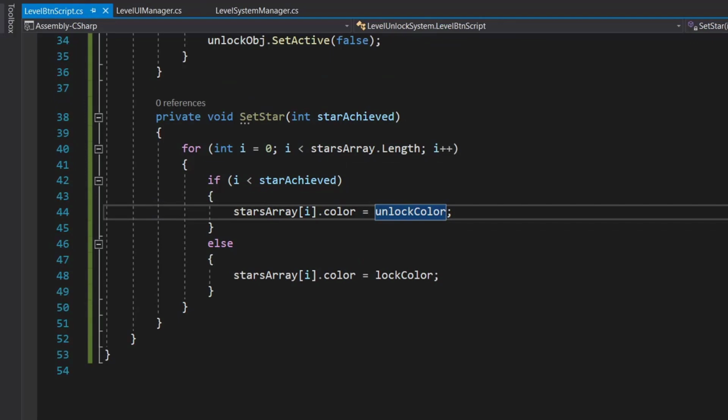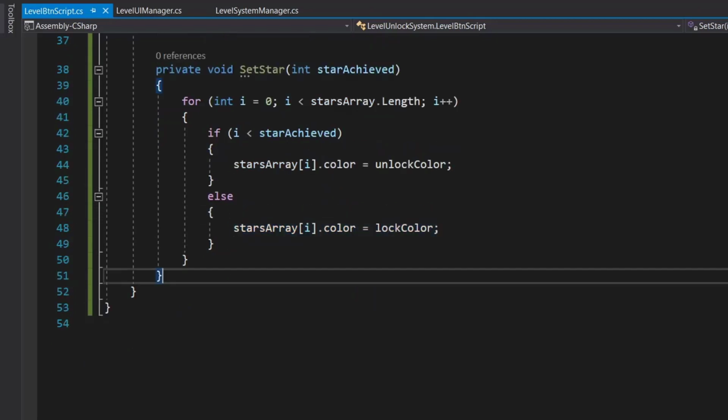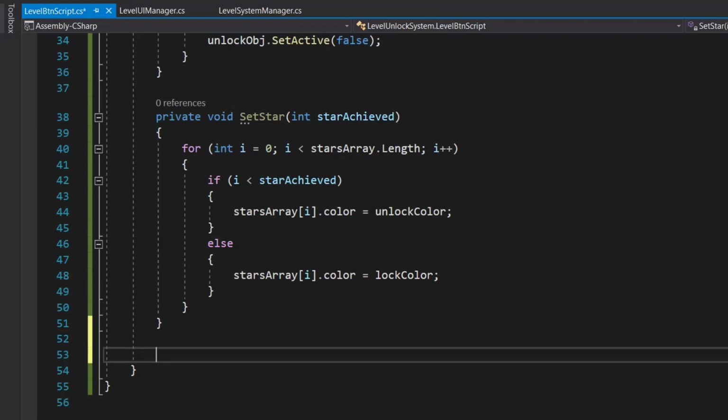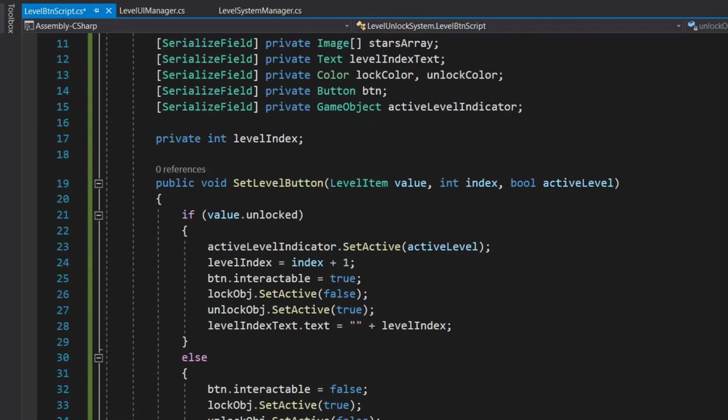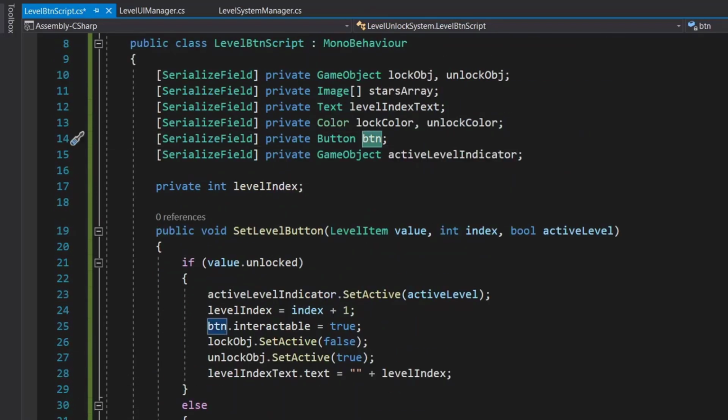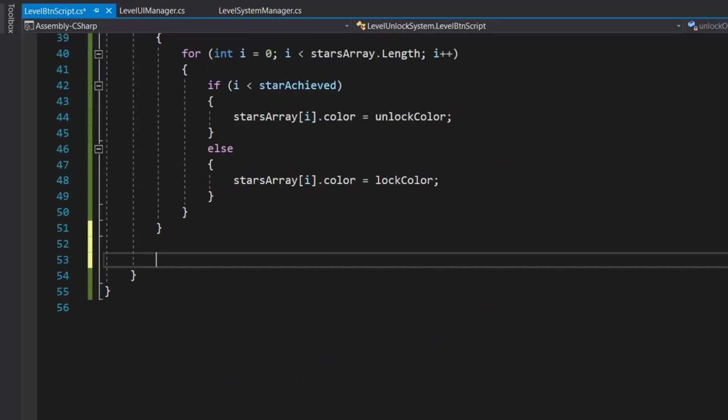If it is true, then we set the star at that particular index color to unlock color, else we set it to lock color. And we need one more method, so this will be added to this button listener. So we'll create a